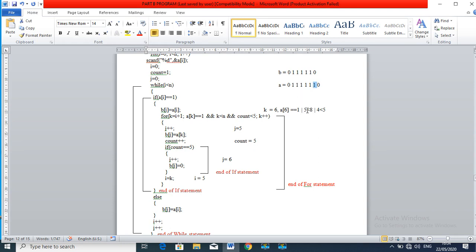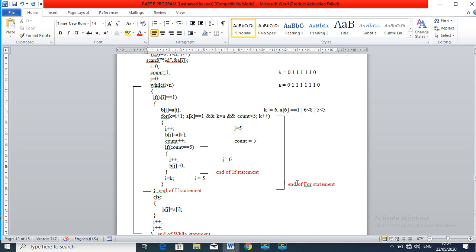Next, the second condition, 6 less than 8, k less than n, that is also true. Last condition, 5 is less than 5, no, the condition is false.